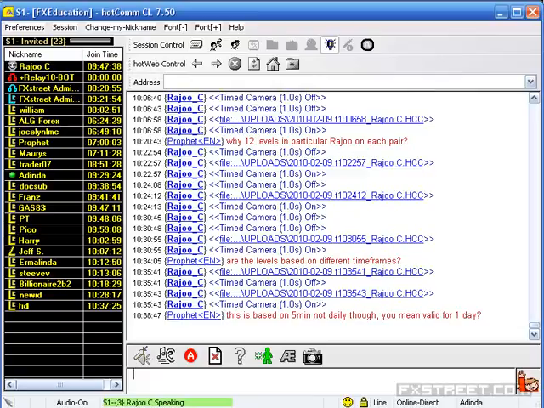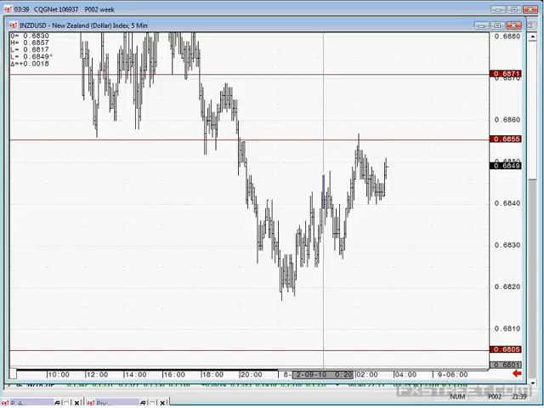You mean valid for 1 day? You're right. Basically, these levels are worked out or projected as valid for the day. But you can use the levels on even a 1-minute chart, because in fact I use the 1-minute chart to take my trade decisions, because when I do that, I know that I have a minimum stop, which is about 30-35 pips. If I use beyond that, then chances are I might need to put a bigger stop loss, right? So this is how you use it.